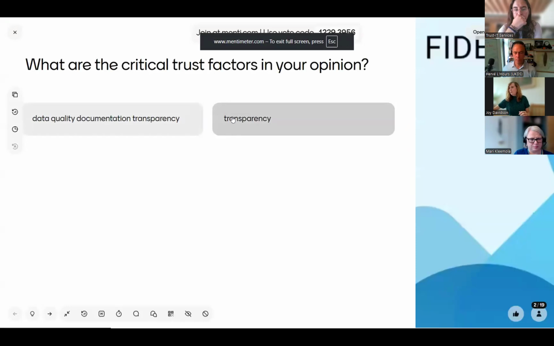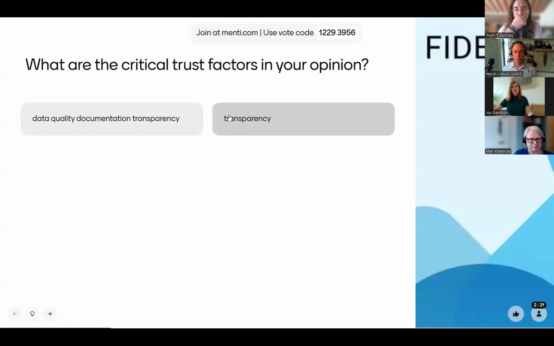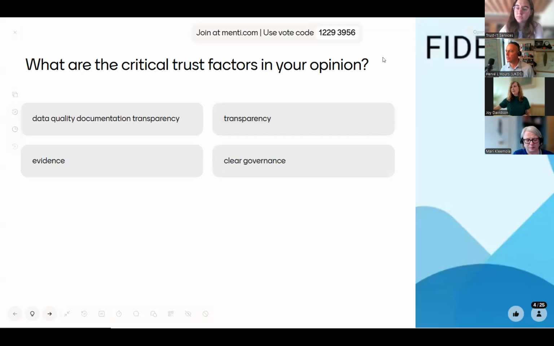So we have been discussing trust and the definitions of trust and trustworthiness. And Hervé mentioned a few definitions in the slides, but did mention that it is quite subject specific, and it's up to the eye of the beholder what trust means. So we'd just like to hear from you, in your context, what does trust mean in your opinion? What are trust factors? So I'll just give you a couple of minutes